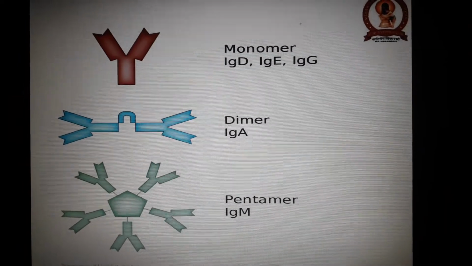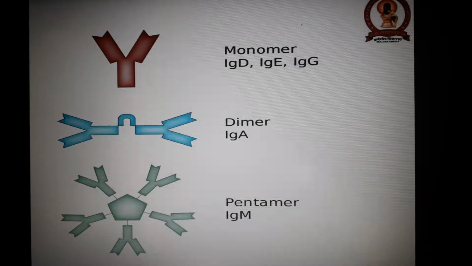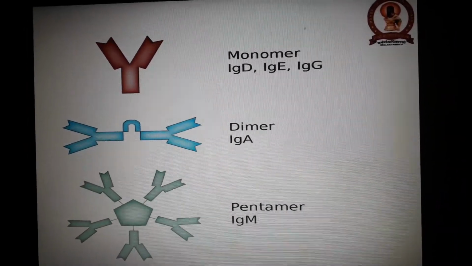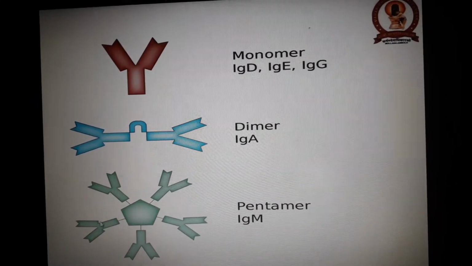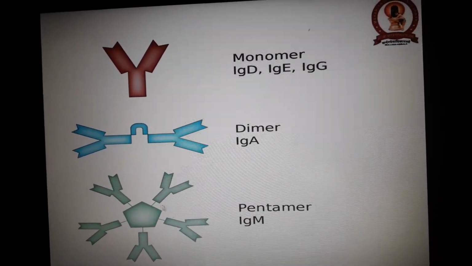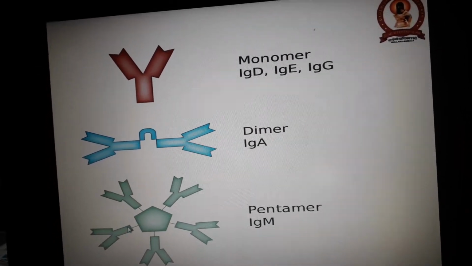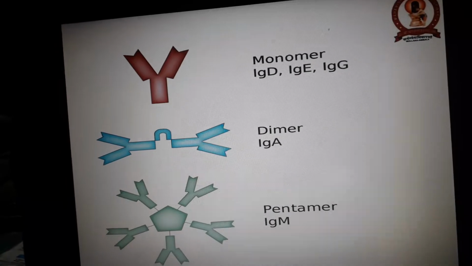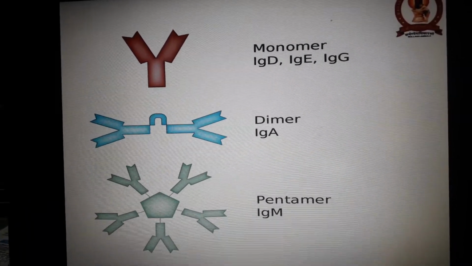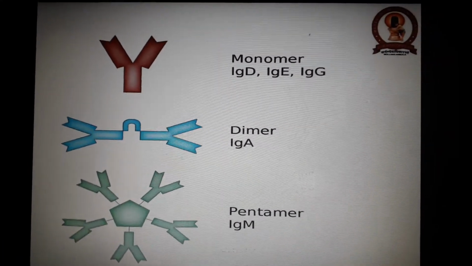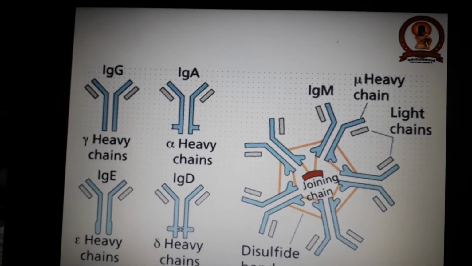And now this is the most important one, that is IgM, which has a pentameric structure, that is 5 Y-shaped structures. This is the antibody which will appear in our serum when we are being infected by a virus or a bacteria, or when our body is suffering from any type of infection. So IgM will give us information that we are suffering from an infection. So these are the different types of structures, on the basis of heavy chains.